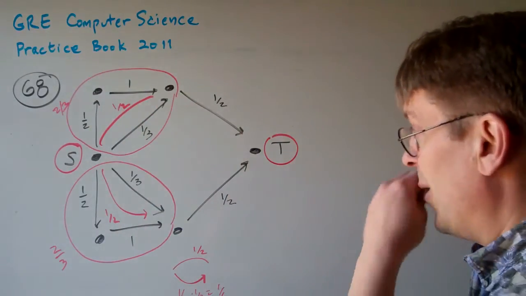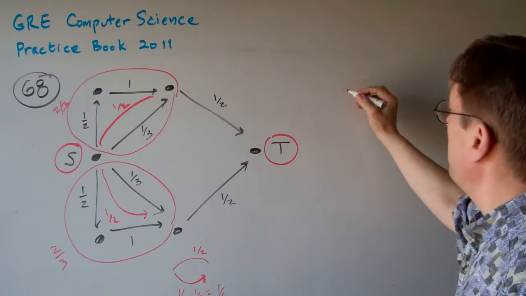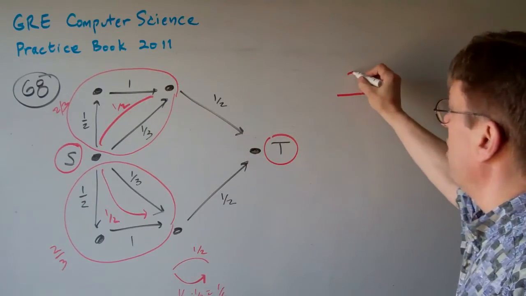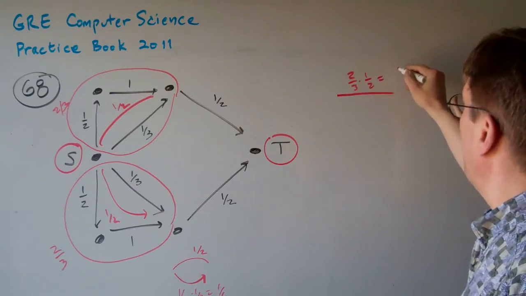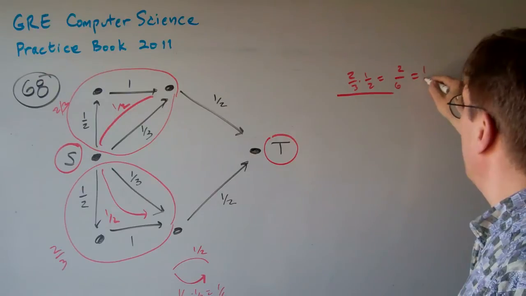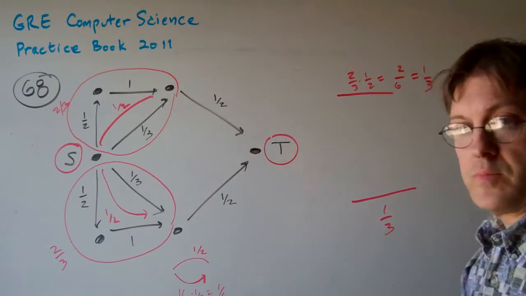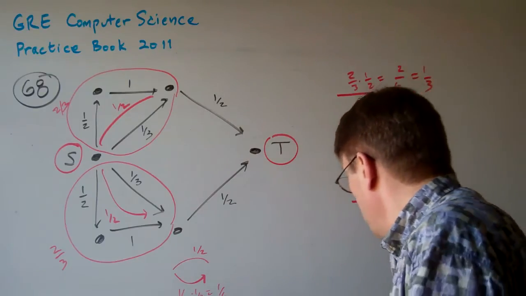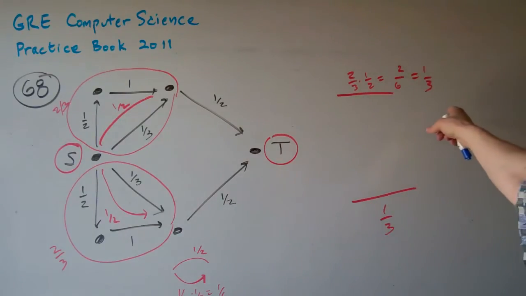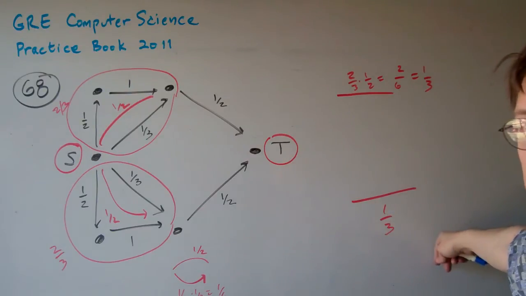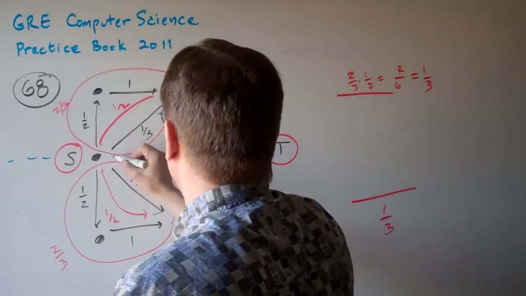So we have that going for us. Now each of these is a half. So in the top path we have 2/3 times a half, which equals 2/6, which equals a third. And in the bottom half we have the same thing. Now the question is, if it's working a third of the time up top and it's working a third of the time below, let's divide this, just kind of imagine